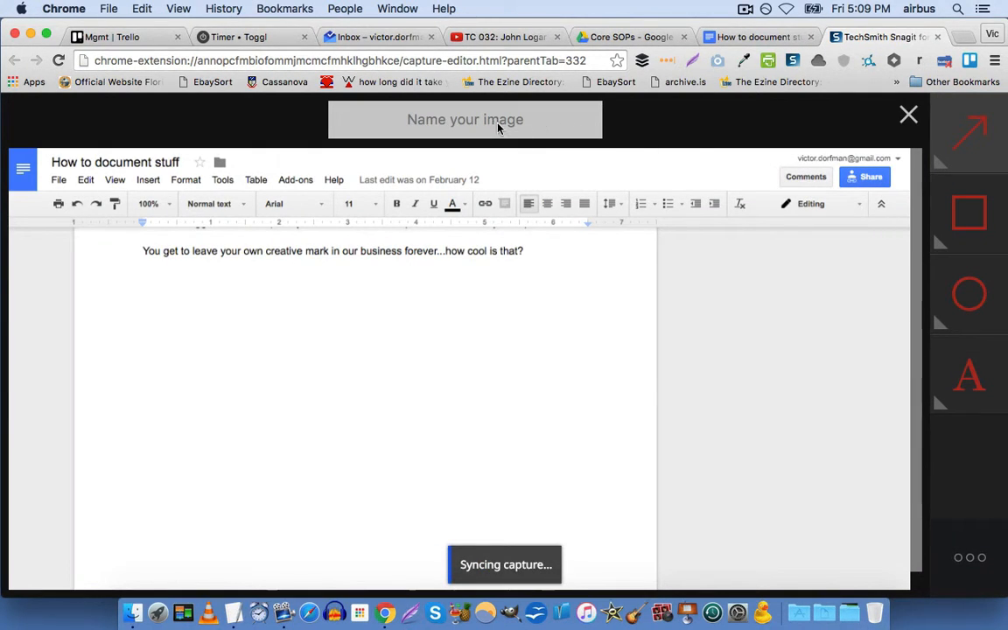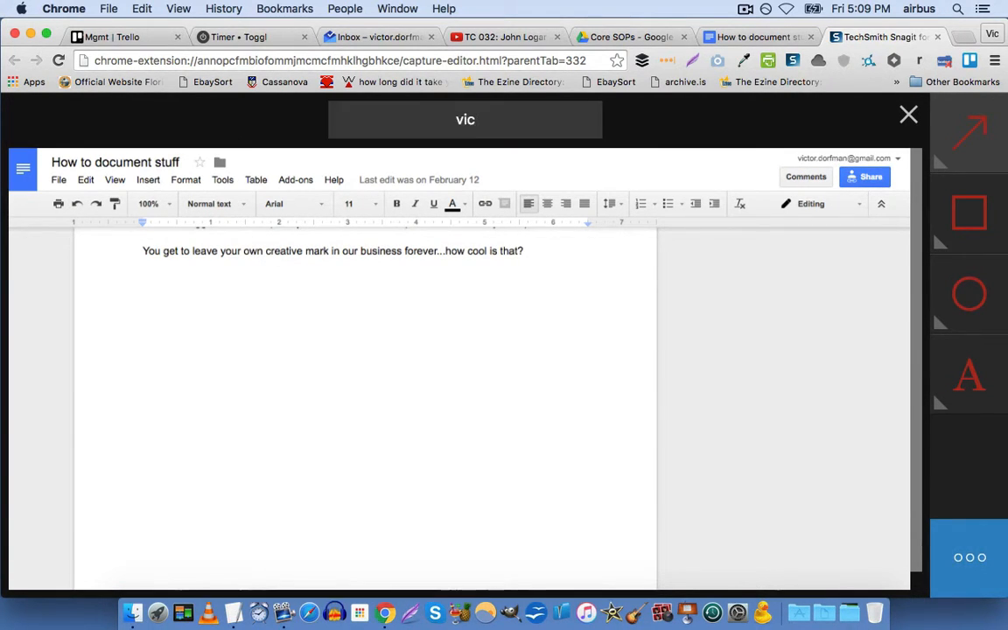Okay. And we'll name the image Vic. Okay. Add a little red arrow indicating something important. Okay, and then you can see that we can either download the image or we can copy the link to the image. But if you're embedding the screenshot directly into an SOP, then you don't need to actually do either